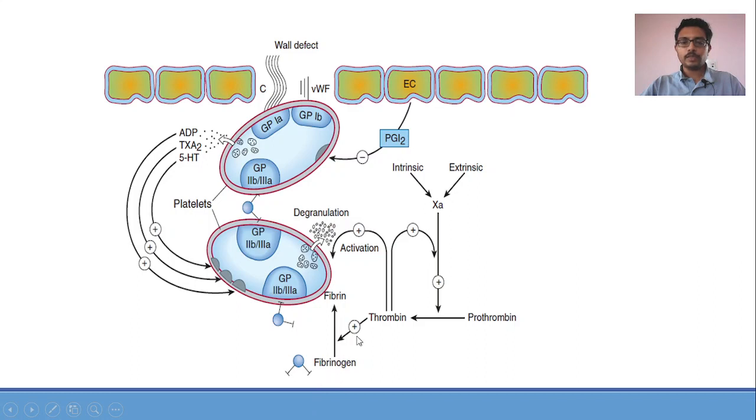This fibrinogen is coming from the intrinsic and extrinsic coagulation pathway. Factor 10. Finally, there is formation of thrombin. Thrombin converts fibrinogen to fibrin. This fibrinogen is the one which forms the bridge between platelets for platelet aggregation. Now, this is normal platelet function. As we can see, normal platelet function is absolutely essential, and it is happening on a daily basis inside all of our bodies, and that is the reason why we do not bleed to death inside.